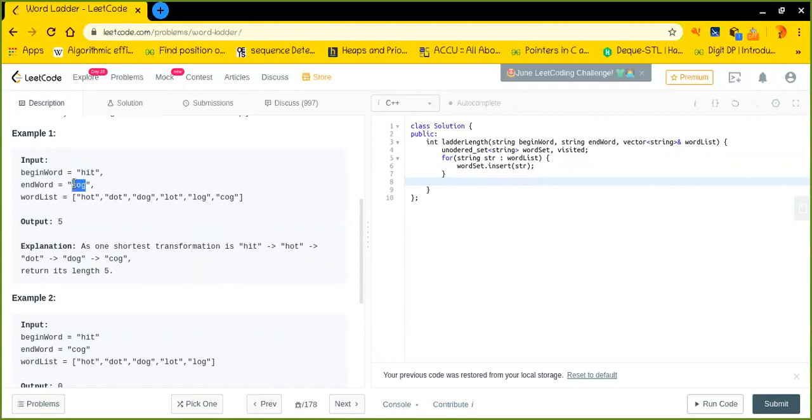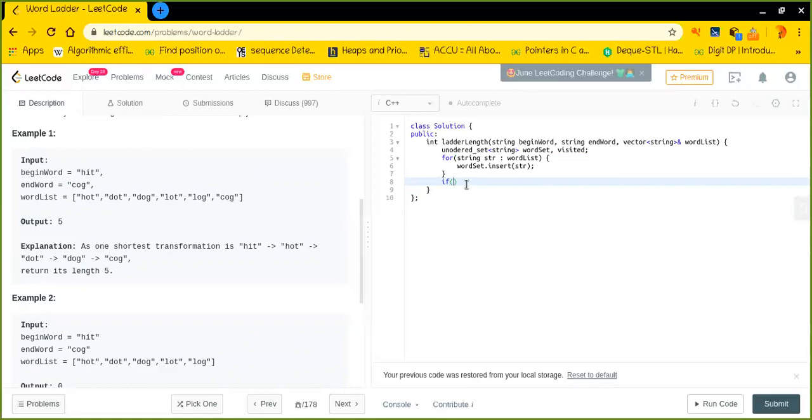Now, as I have already explained to you why it is necessary to find out if the target value is inside the word list or not. If it is not inside the word list, then I cannot actually reach that particular destination. That is the idea. And if it is there, then there might be a possibility. We have an enormous number of possibilities to reach that destination, but we need to find the minimum number of conversions required.